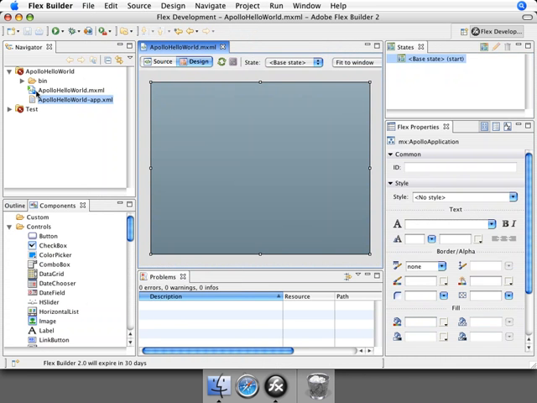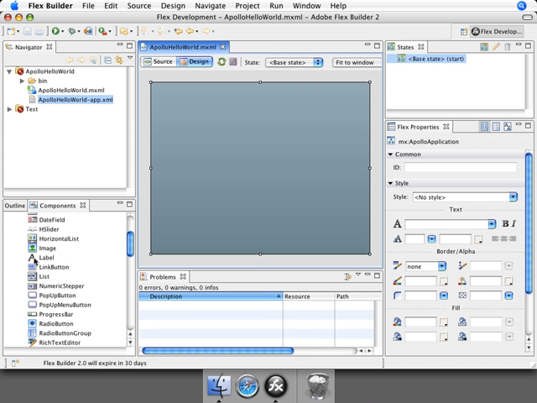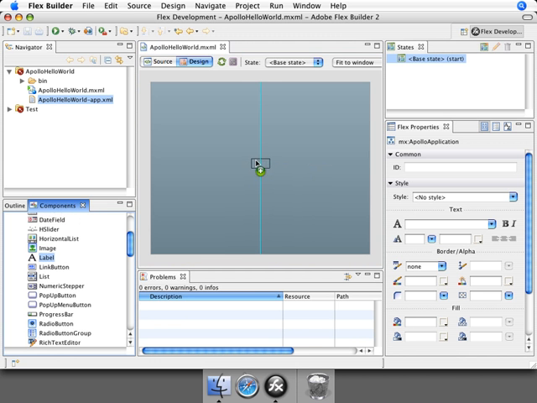We're now ready to switch over to our Flex document and create our actual Hello World application. So all we're going to do is just put in a simple Hello World text in the application. So I'm going to select a label control from the Components view and then drag that into my application. You can see here it actually gives me guides of where to snap in the middle. So I'll just